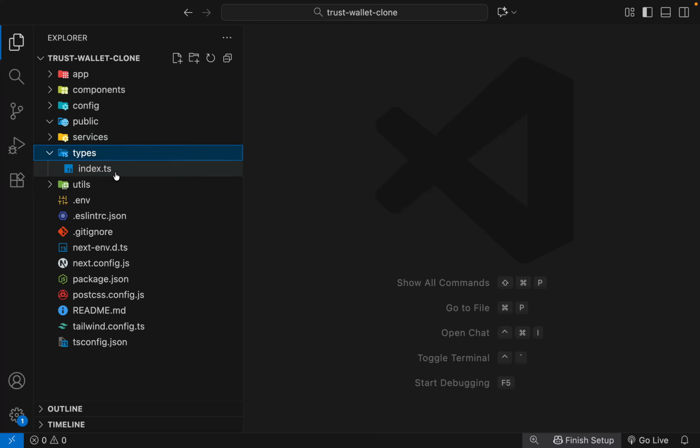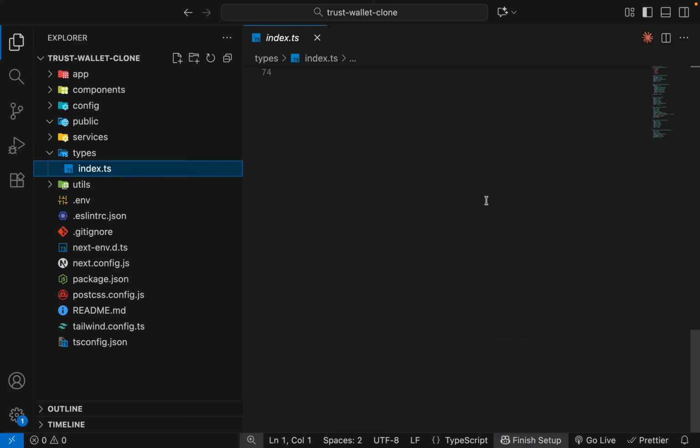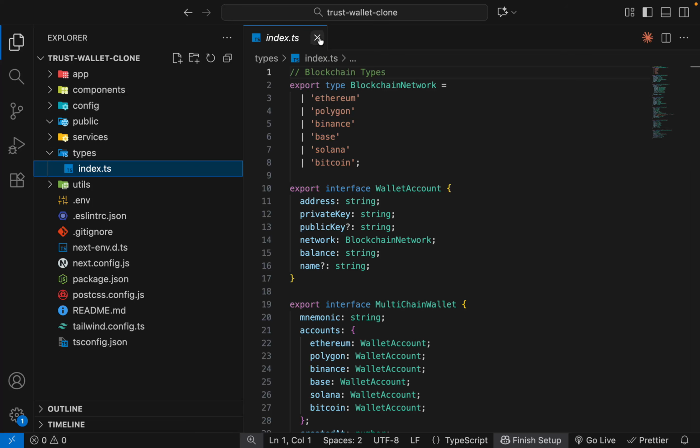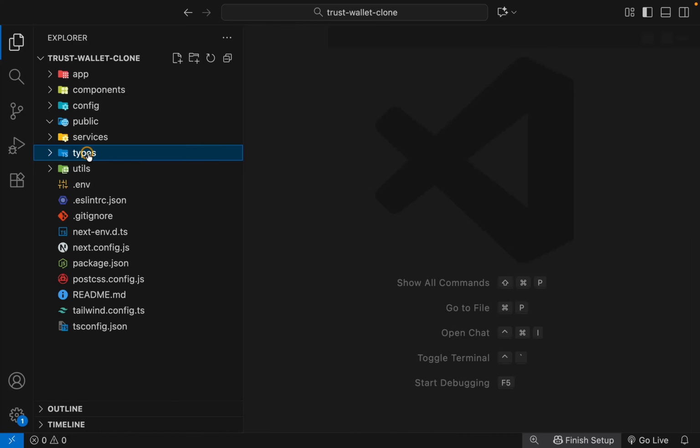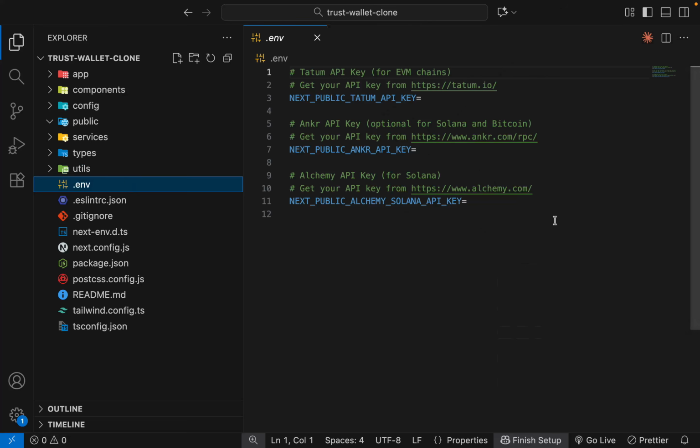Come back here in the types. There you will find the type models which we have. So it's basic types we have defined for our data set. Close this one, come back here, go back to the utils. We don't have it. If you want to keep any external utility function for Bitcoin or any other, you can keep it here. Now come back to the most important thing, and here you have to provide your own